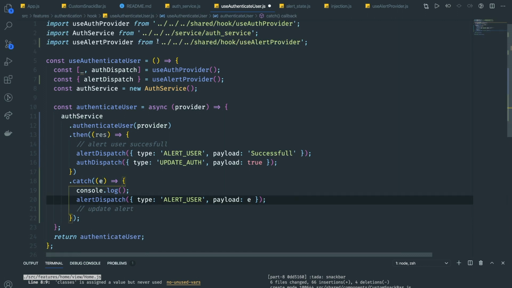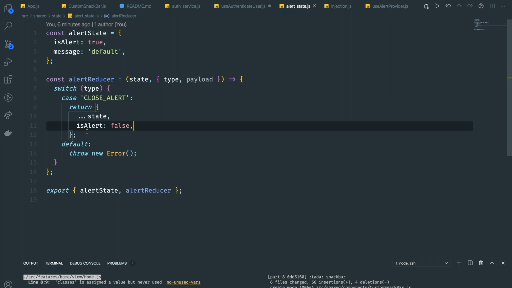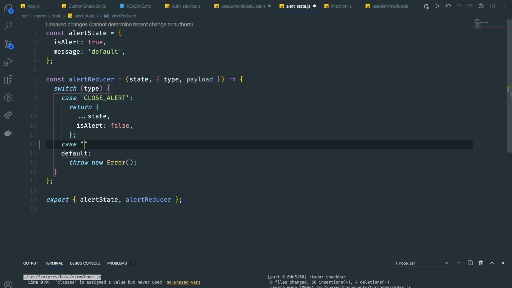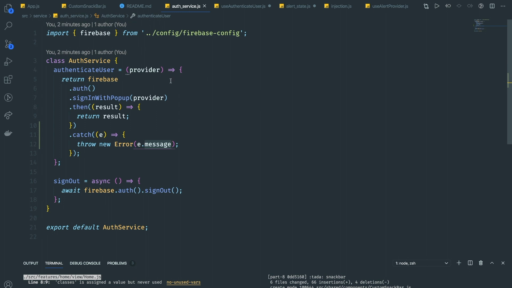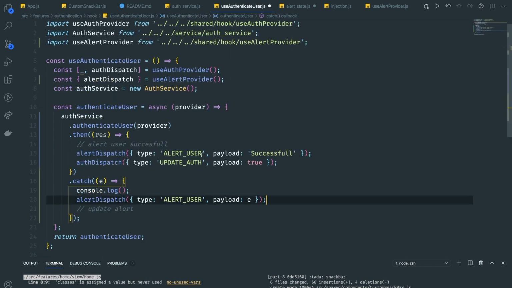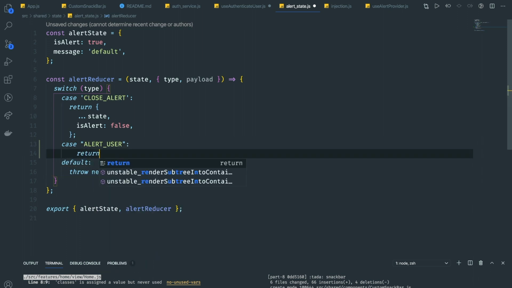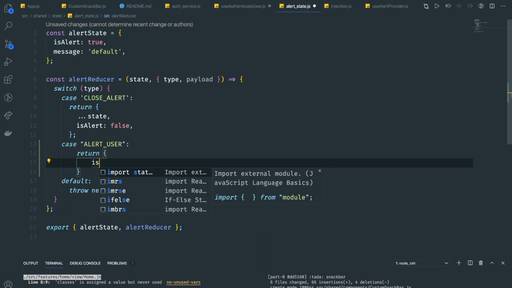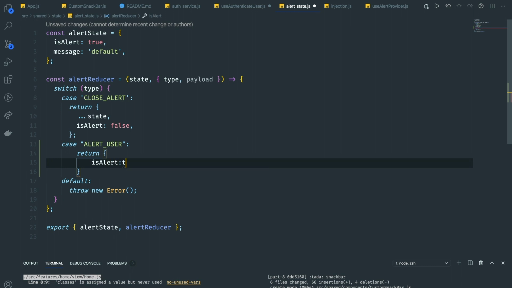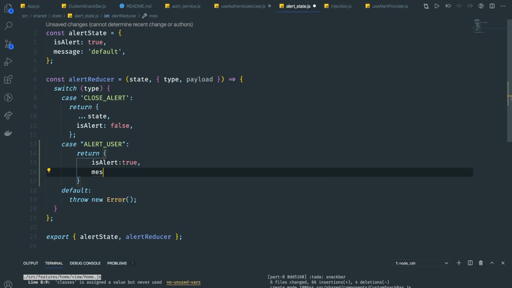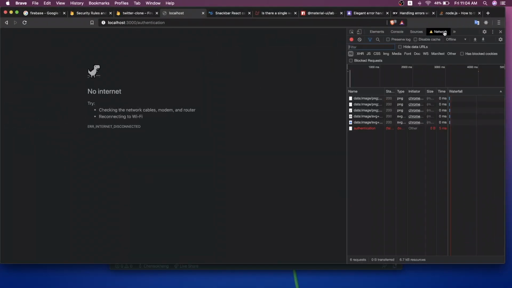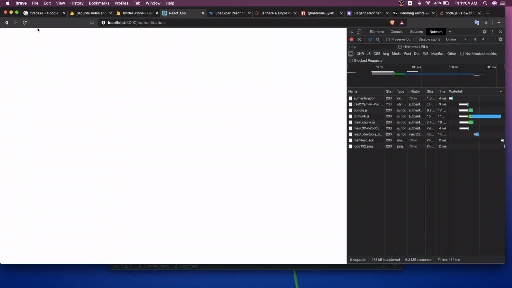So for now, and then in the auth state, I'm gonna say case this one. Let's go back to auth service. Let's use this one. What I call alert user, right? So alert user, and then we're gonna return the is alert is gonna be true. So we're gonna alert this one, and then the message is gonna be equal to payload. Perfect. So now if I try the network online, back, if I refresh,